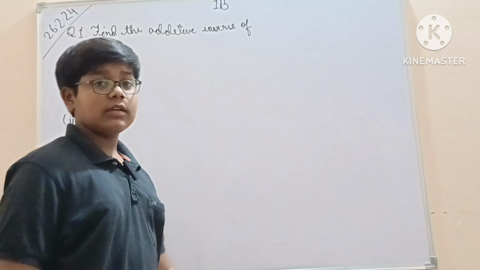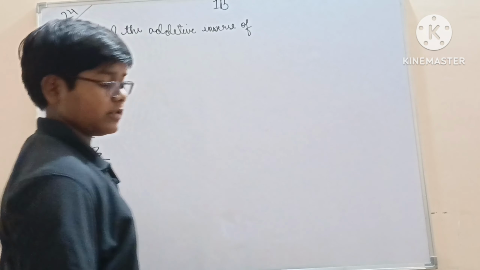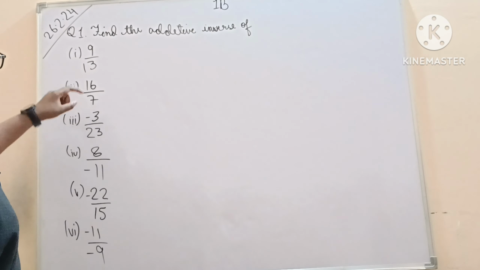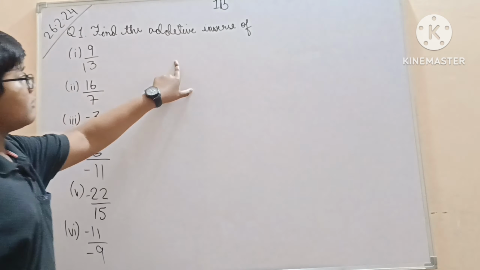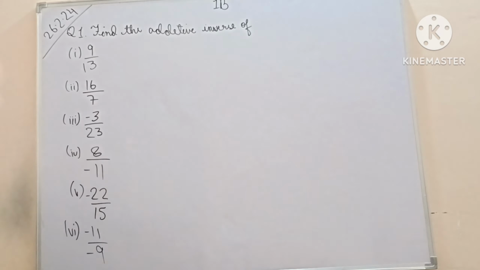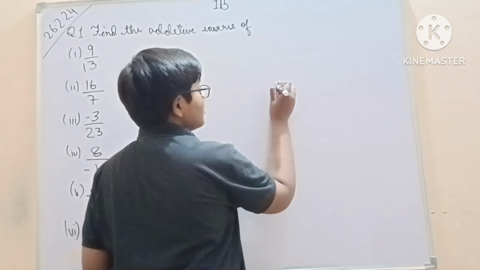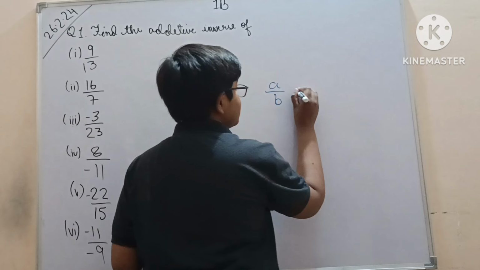We have just now started the rational numbers chapter, in which we have covered the first A exercise. Now we are moving to the first B exercise. This is our first question given in the first B exercise, which is find the additive inverse of these six rational numbers. So an additive inverse of a rational number is equal to,